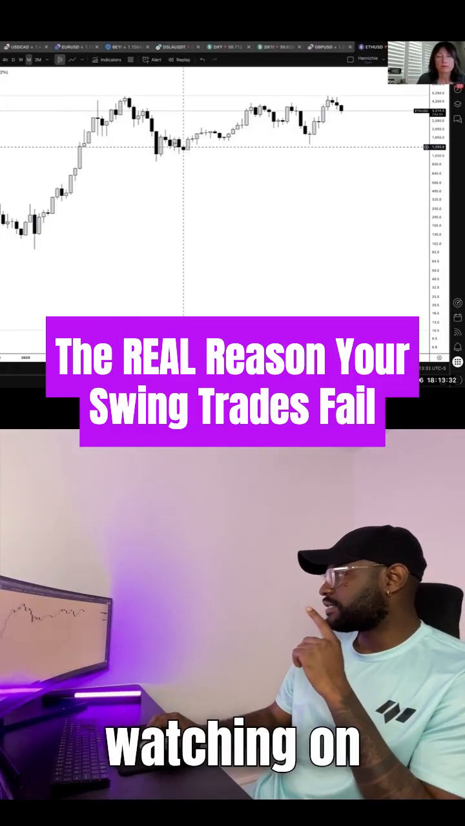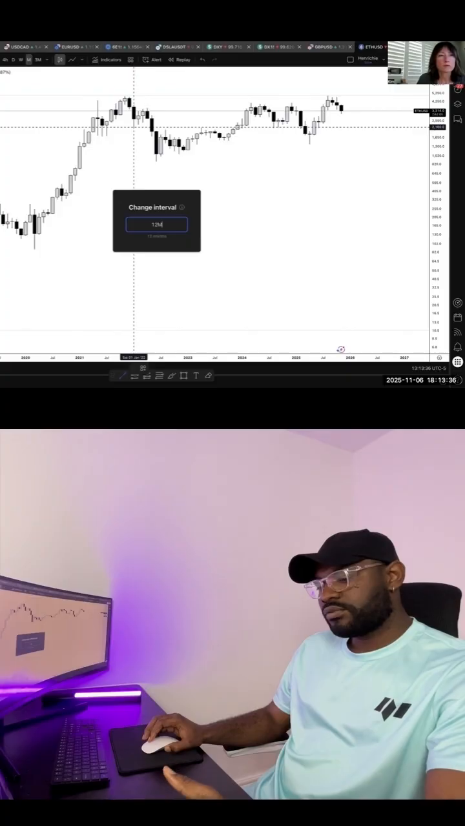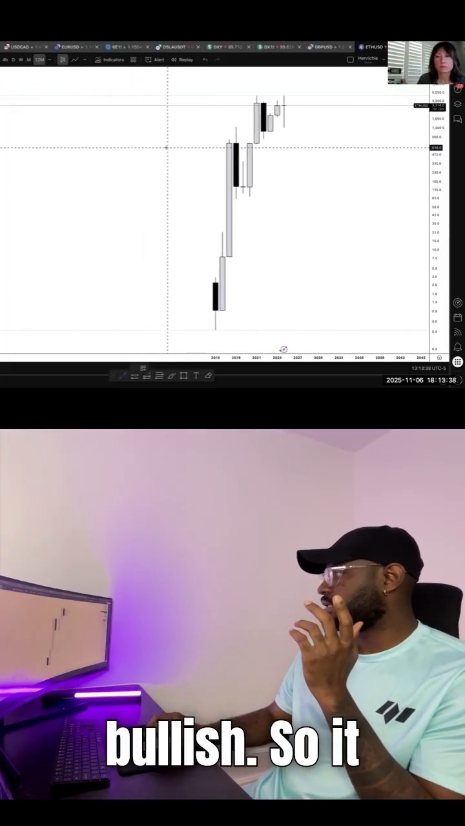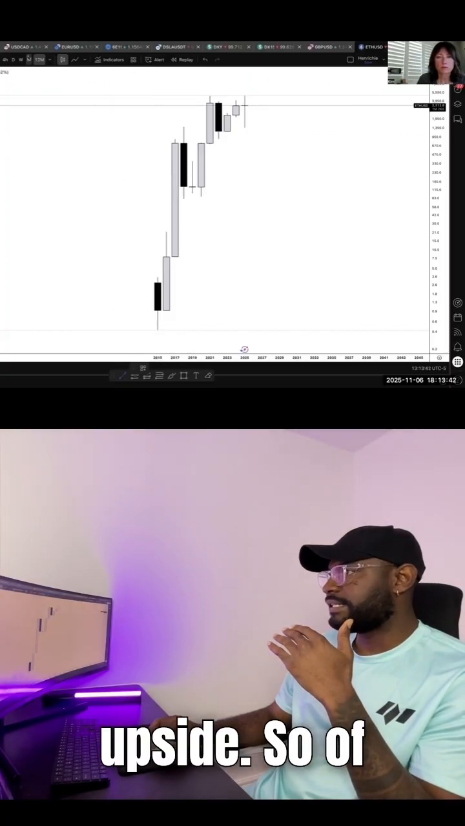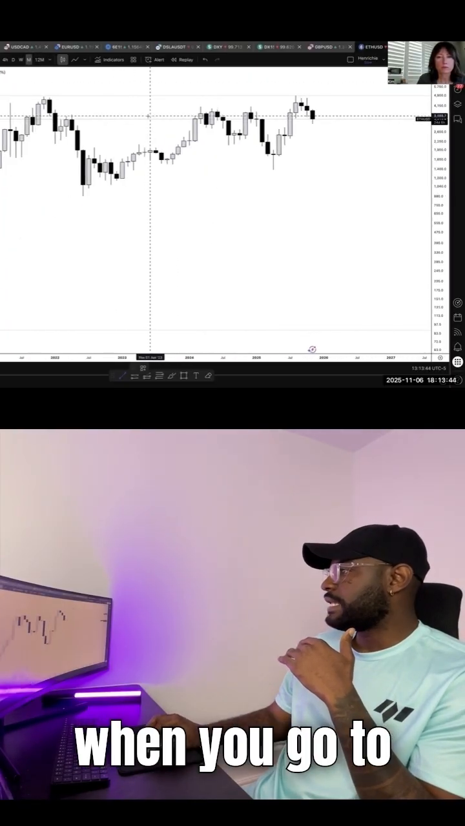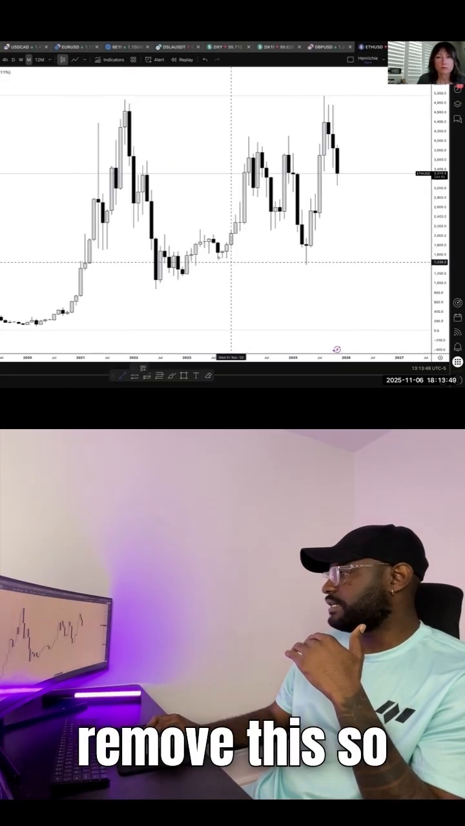What I was watching on this one was the fact that the long-term 12-month direction was bullish. So it was very obvious that it's bullish, going to the upside, 12 months bullish. Now, when you go to the monthly, you can see that, let me remove this so you can see the